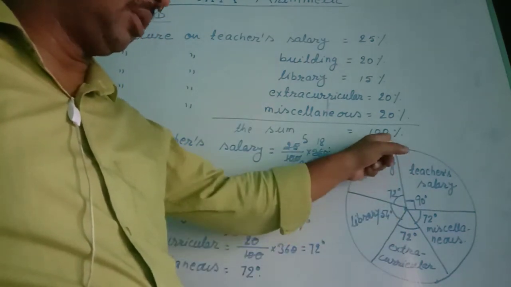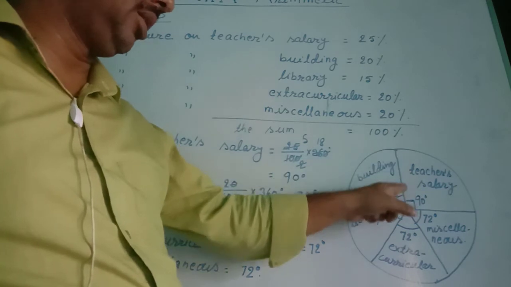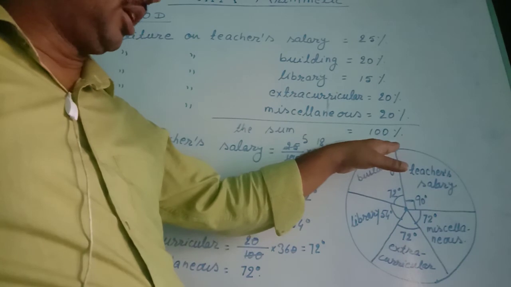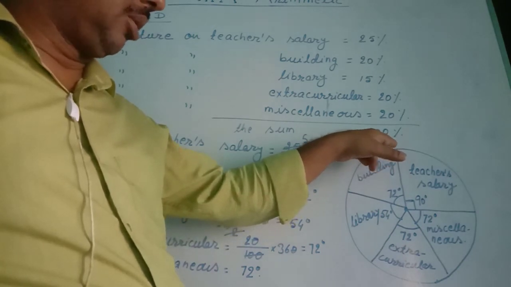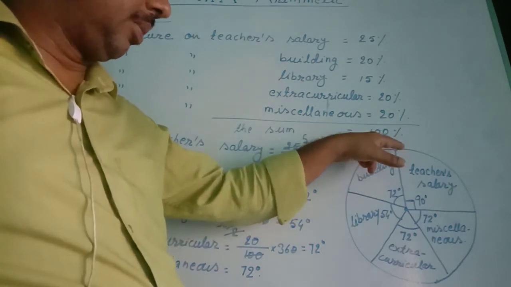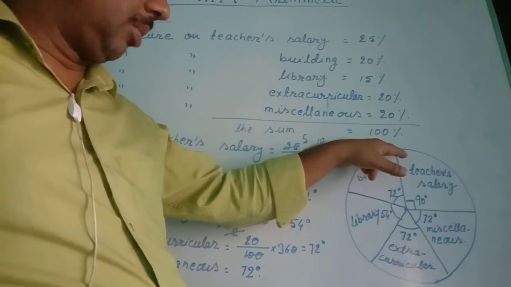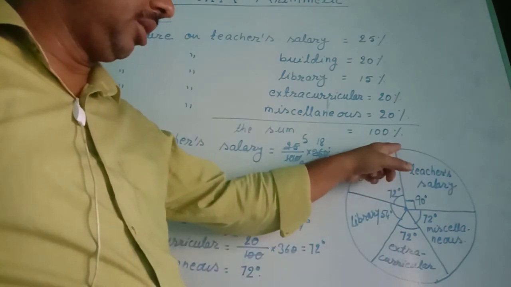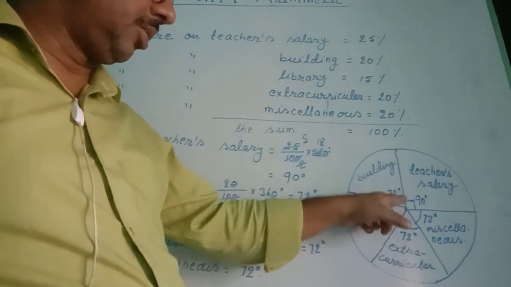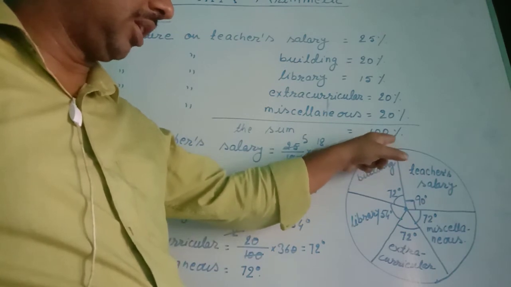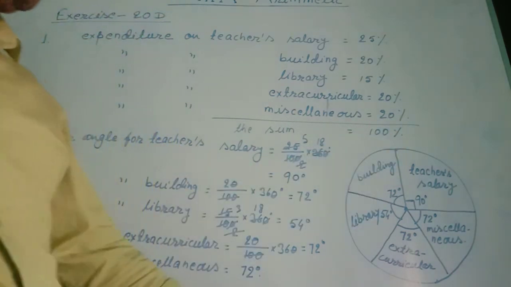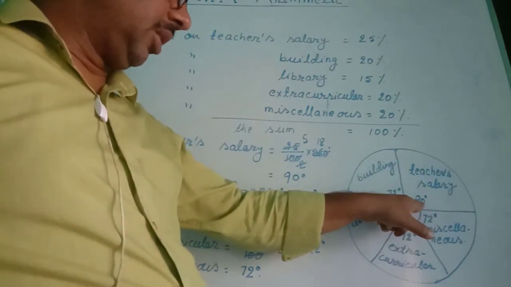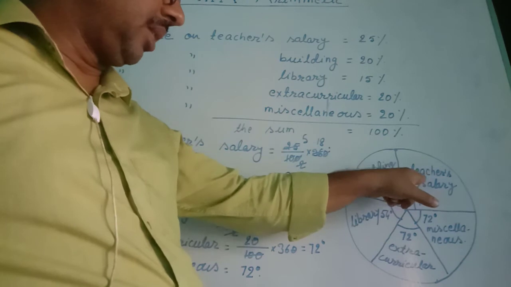This line should not be out of the circle. This line should lie inside the circle. If the point over the protractor is going out of the circle, you don't draw the line from there. You start the line from inside the circle to the center. If you draw the line outside, after joining this line, you erase the part that lies outside the circle. So this became 90 degrees, and this represents teacher's salary. So I wrote here the measurement of angle with the item, that is the teacher's salary.